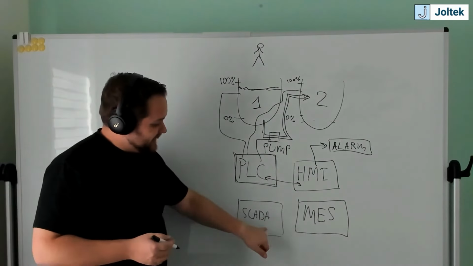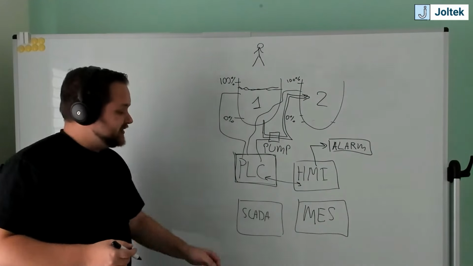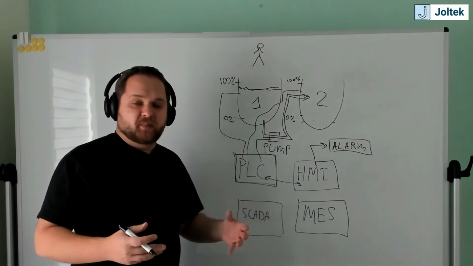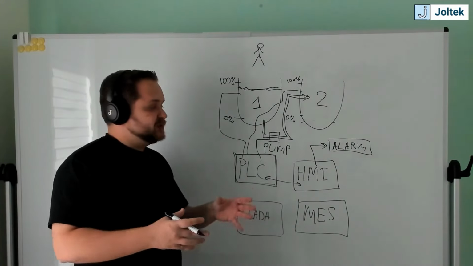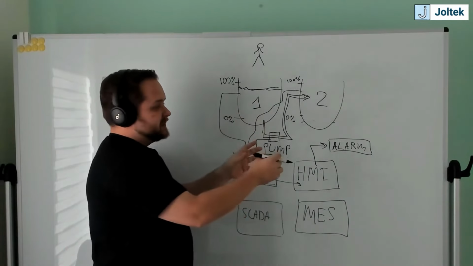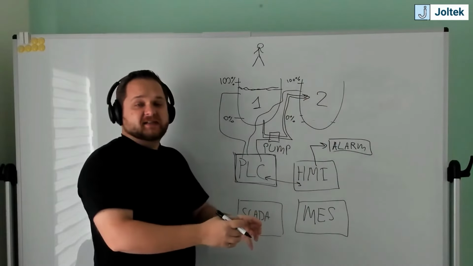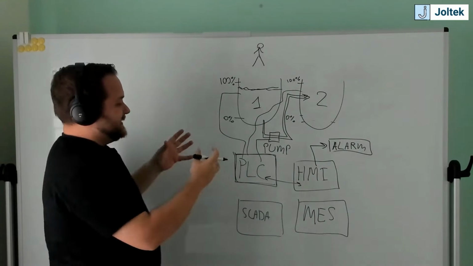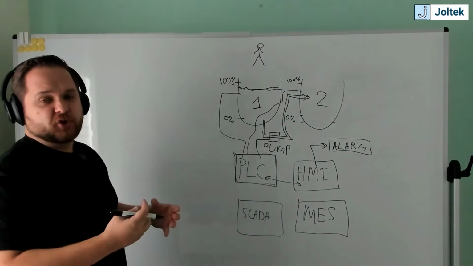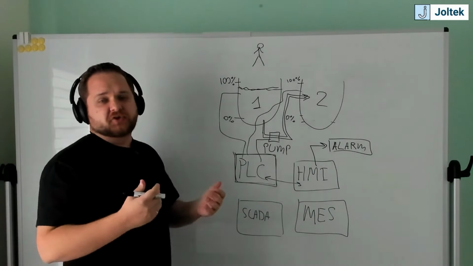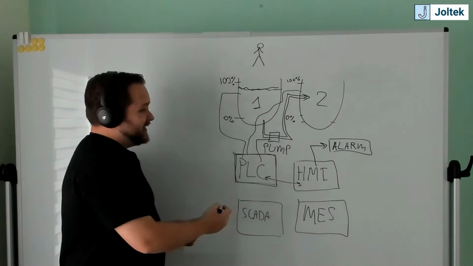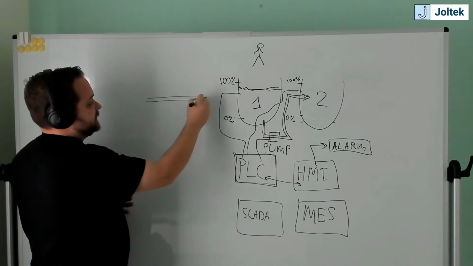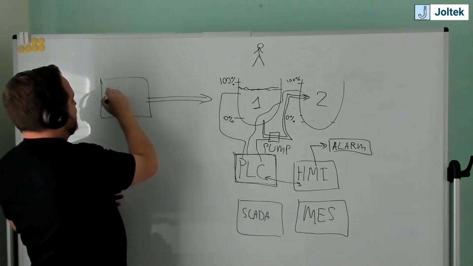Now, where do these SCADA and MES layers come in? I've explained that SCADA is going to look at maybe a little bit more than just a single PLC or just a single area. You're going to see, for example, I have these two tanks. Now I have a duplicate of 5 of these systems, or maybe I have a warehouse, or maybe I have a palletizing operation, or another system that's going to be controlled by additional PLCs, additional distributed control systems. So the SCADA is also going to be important, right? So if I'm the operator of whatever process fills into this, so this is process B